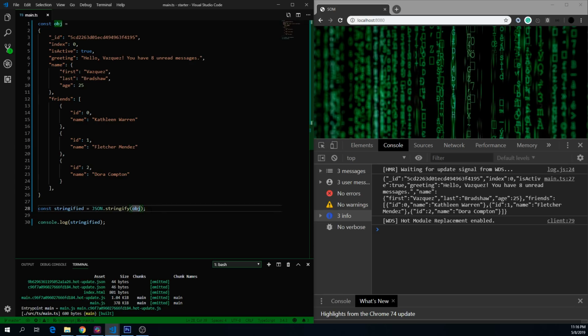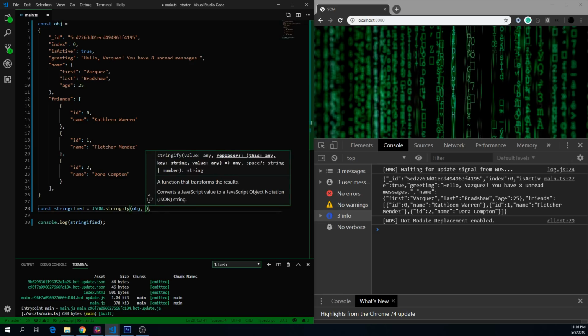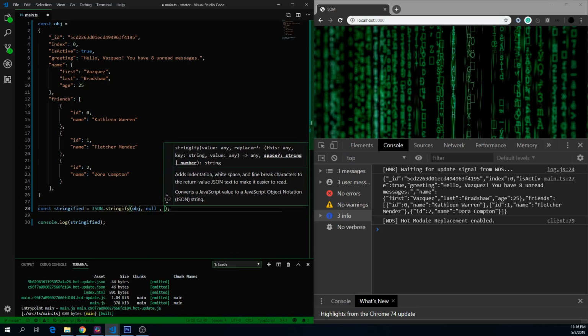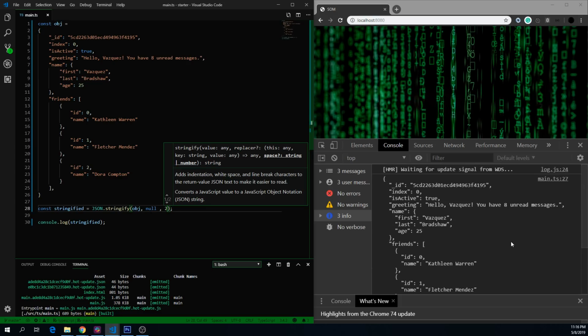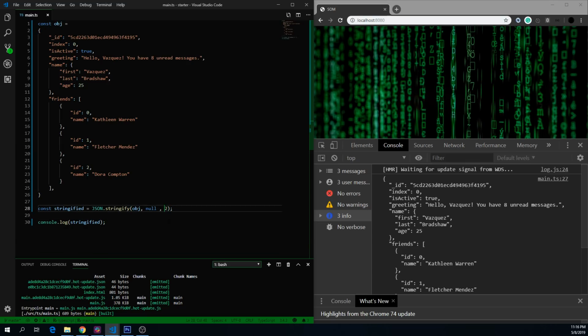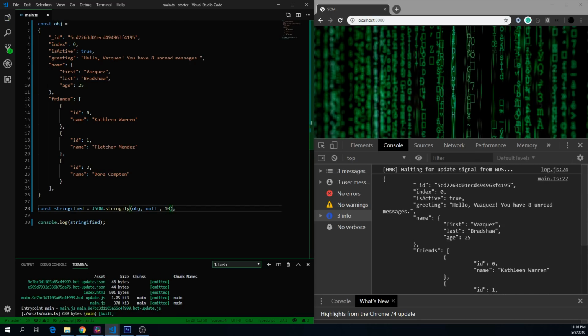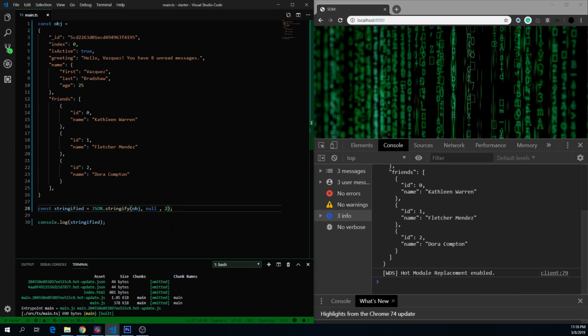JSON Stringify takes two additional optional parameters. Let's focus on the second for now, which is a space, which defines the levels of indentation that we want to use to format our string. We can use values up to 10. I prefer 2. But we could also use a string here